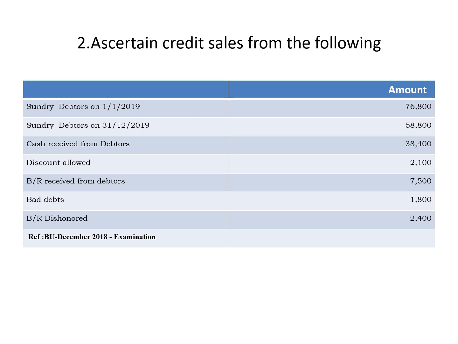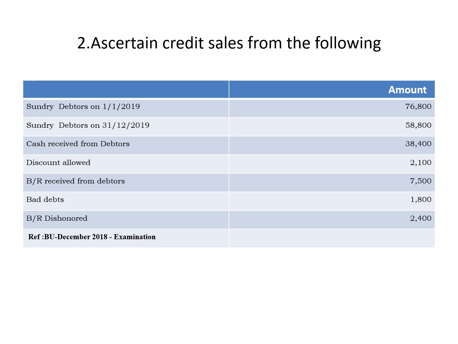Then given is bad debts. So bad debts should be recorded in the debtors account. So by bad debts 1,800. What should not be recorded? RBD and bad debts recovered should not be recorded in the debtors account as it doesn't affect the debtors account, whereas bad debt should be taken. So 1,800 will appear on the credit side.